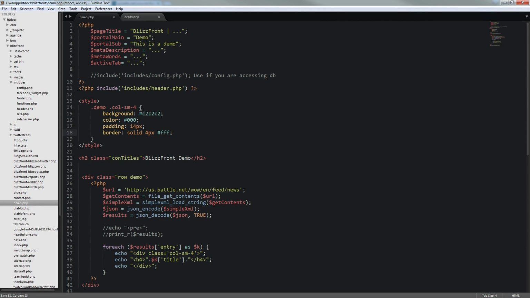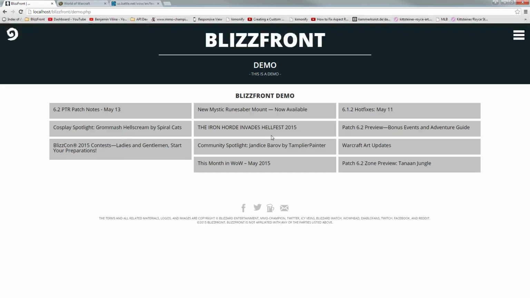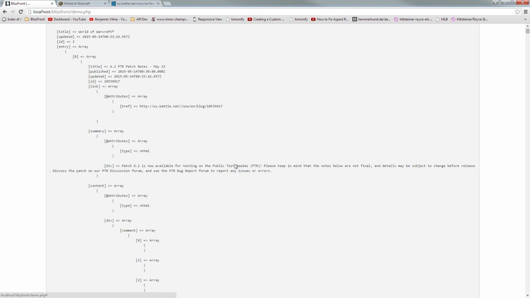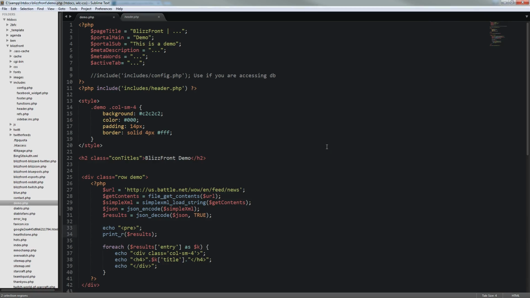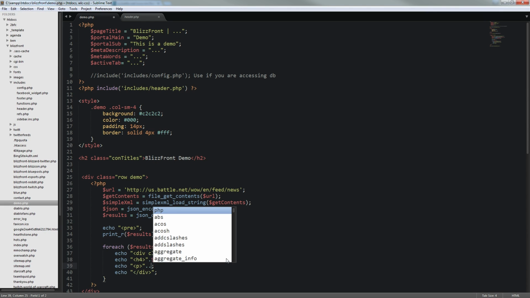So what we do there is we're going to go back to our information. I am going to uncomment these guys, and we're going to see what the description is called. So we come here and we see that within here we're jumping into the summary array, and then we're going to see that it is called div. So what we're going to have to do is come back into our code, and we're going to say echo, and what I'm going to do is do a paragraph, like that,